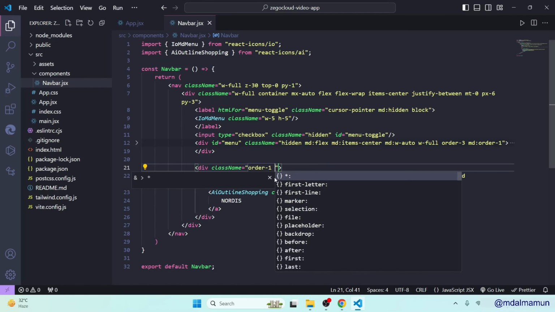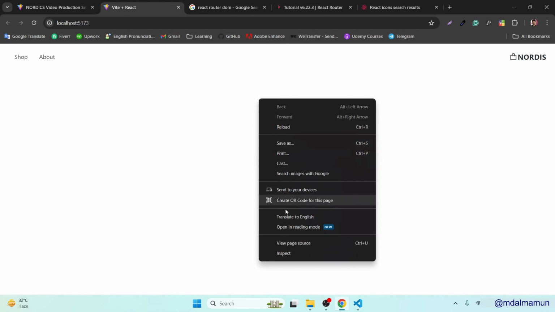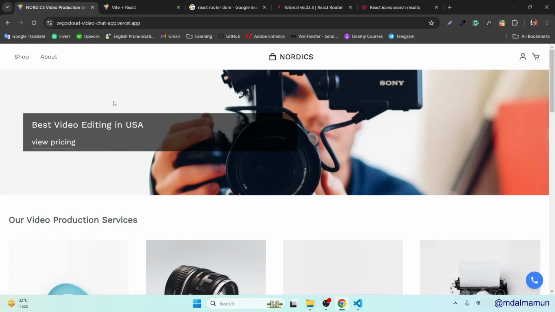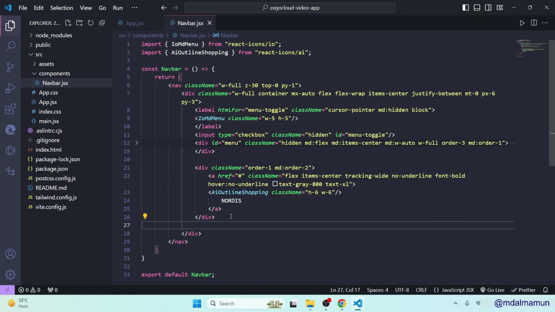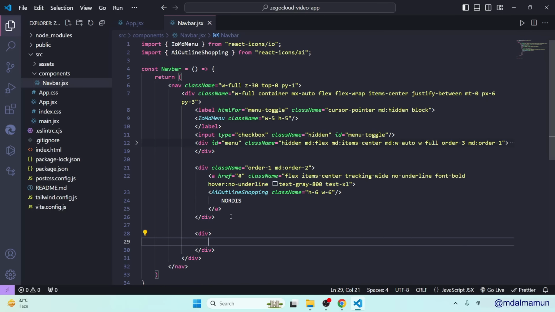Then on medium devices the order will be 2. So now you can see it's here, and if you check it on small devices you will have something like this. Okay, and lastly we'll have this two button. So let's make that. After this div we'll have another div, and we will define